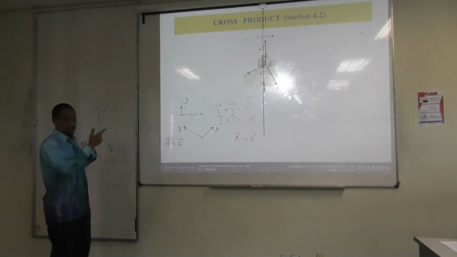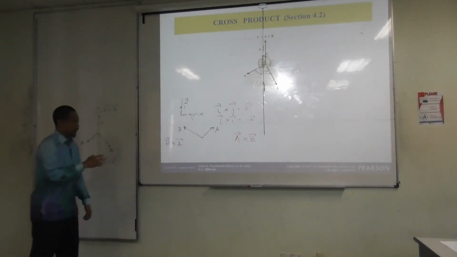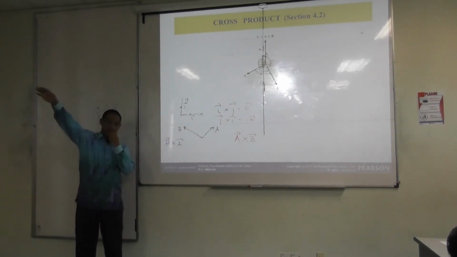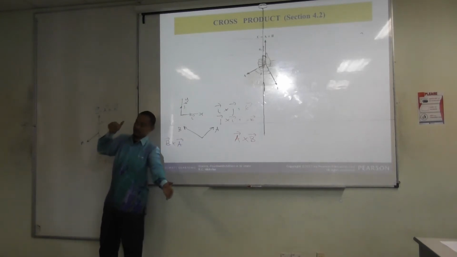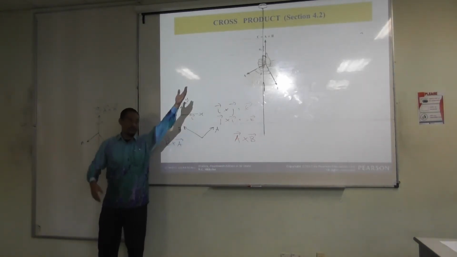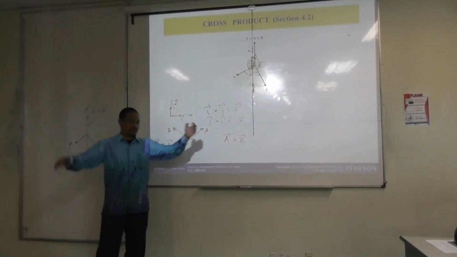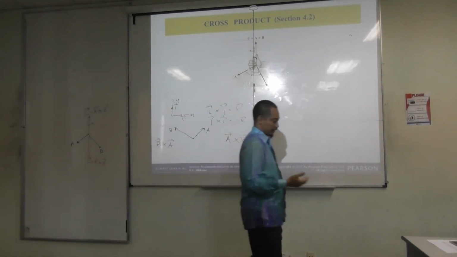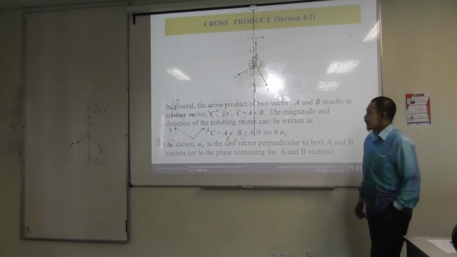Do you understand what's going on? This is just in terms of the direction. We haven't covered the value yet, but it is to understand what's going on there, because this is quite important. So if you have vector A something like this, vector B something like this, can you imagine where the rotation is? It's somewhere along that line, perpendicular to the plane. So basically the resulting moment is somewhere in the 3D space, so the resultant will also have ijk in that sense. Right. So in general, the cross product,